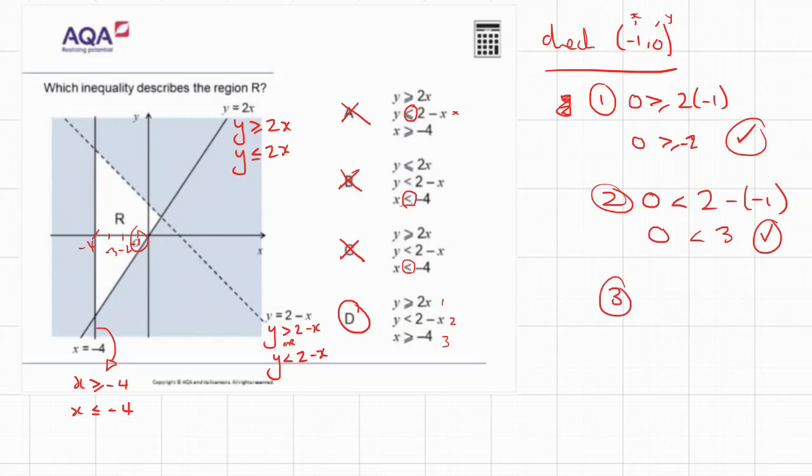And then in this final one, we're asking, is x greater than or equal to minus 4? Well, x is minus 1. Is minus 1 greater than or equal to minus 4? Yes, it is. So, it's a bit of a long one, I expect, but hopefully you've got some value out of that